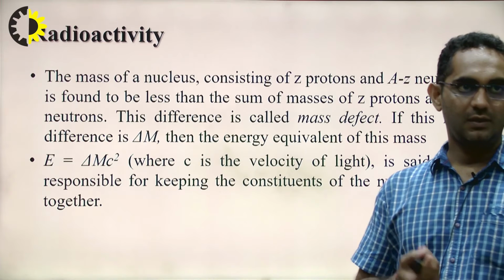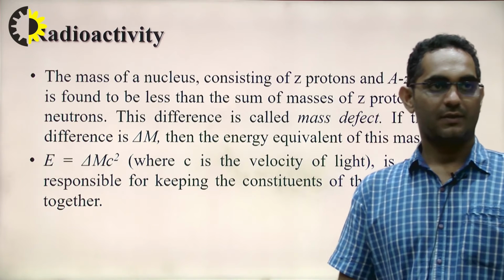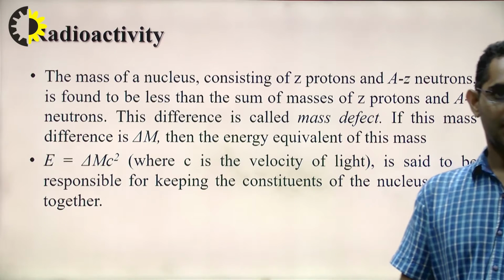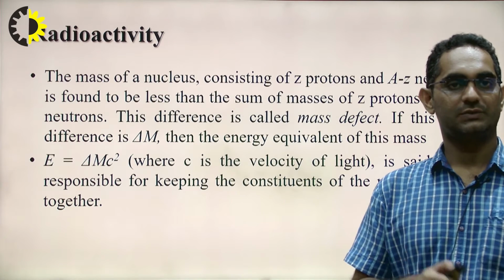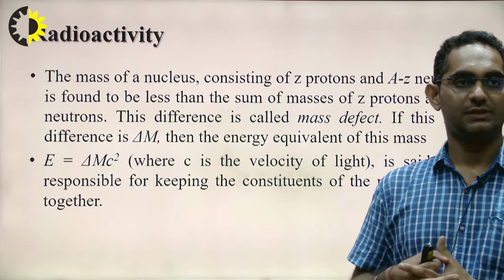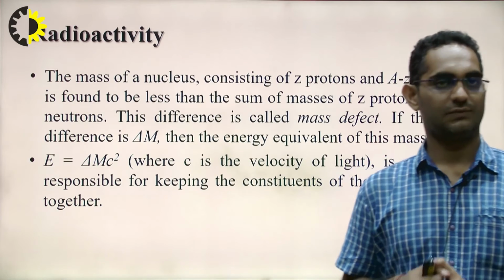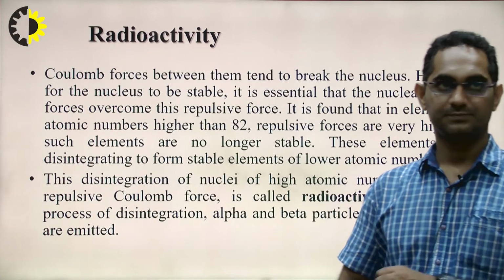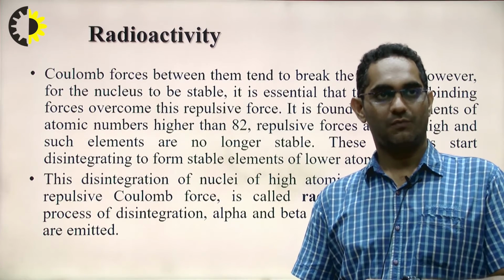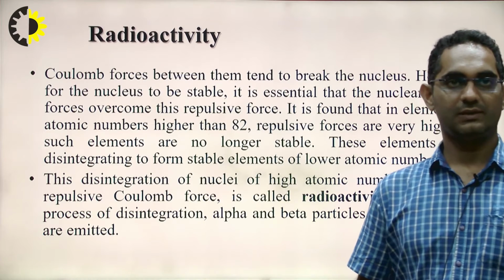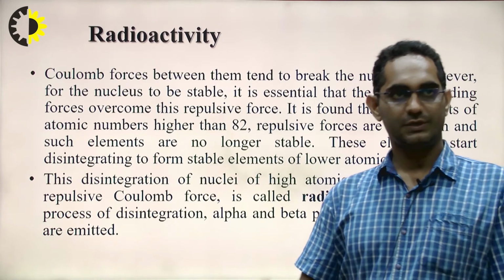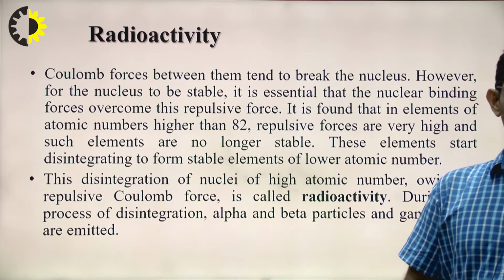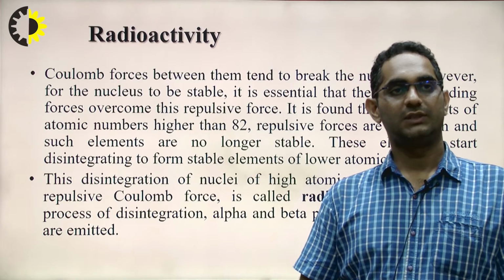So, E is equal to delta m c square, where c is the velocity of light. This energy is said to be responsible for keeping the constituents of the nucleus bound together. In continuation, the Coulomb force between them tends to break the nucleus. However, for the nucleus to be stable, it is essential that the nuclear binding forces overcome this repulsive force,